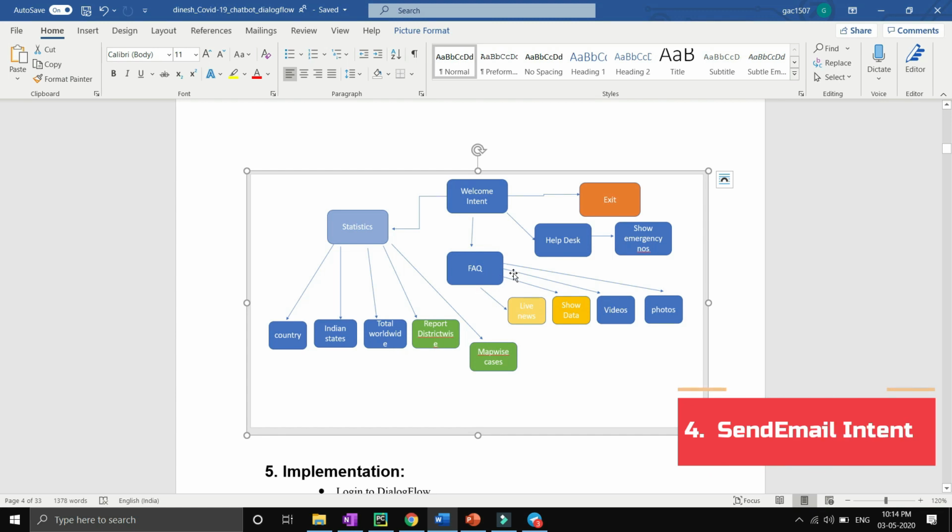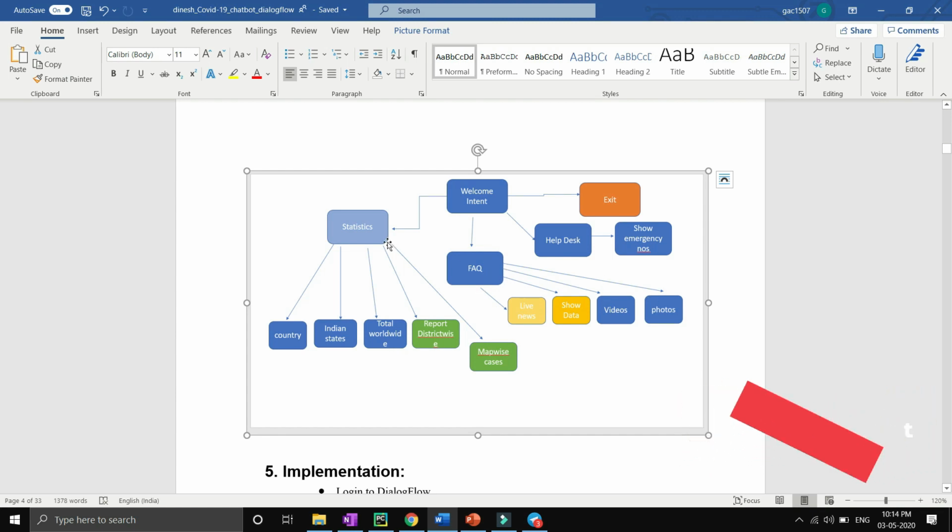The reason is that all the other intents will behave just like these 3 intents. So if you understand these 3 intents, you will be able to make your own chatbot.